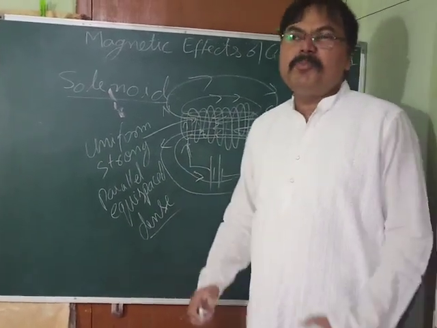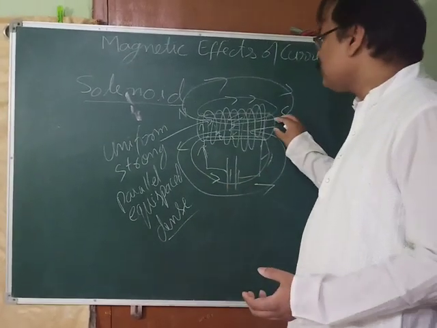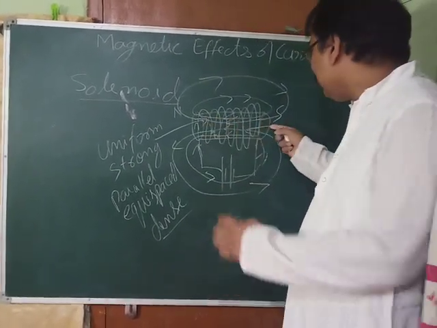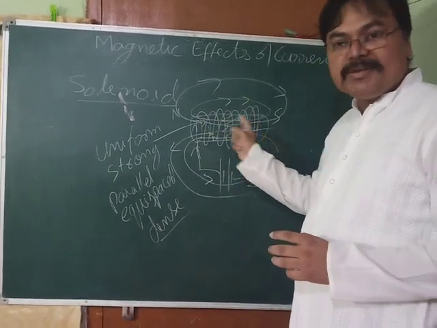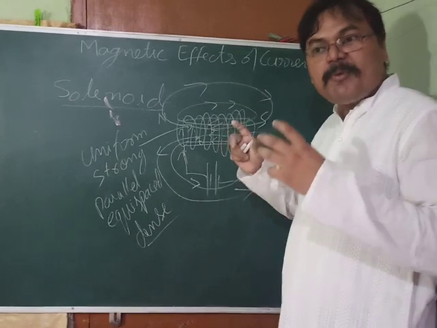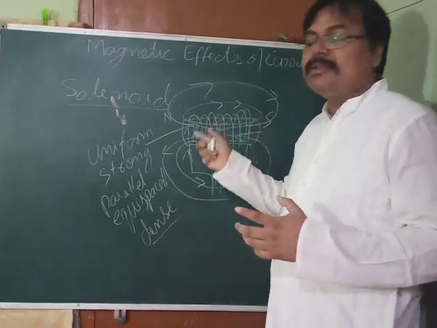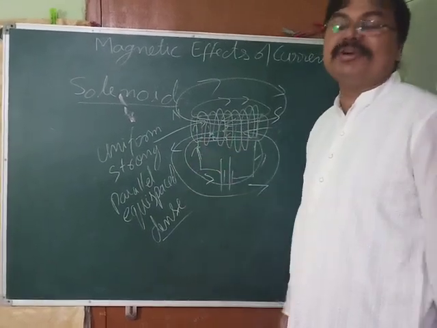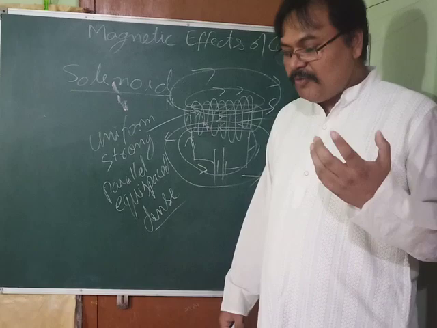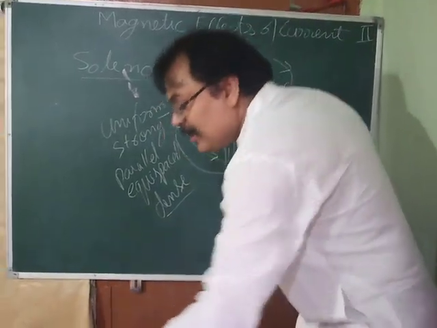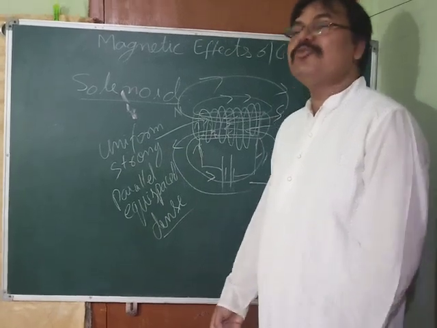Now, if you want to make it stronger, then what do you have to do? You have to place a piece of iron inside this. That is the cylinder. Okay, the cylindrical pipe was there, made of plaster of Paris. Inside that, if you keep an iron piece, then the magnetic field will become even stronger. Now, what is the use of this? How do we use this? See, it has a very important use. You have seen bar magnets. You might have seen horseshoe magnets. How are they prepared?